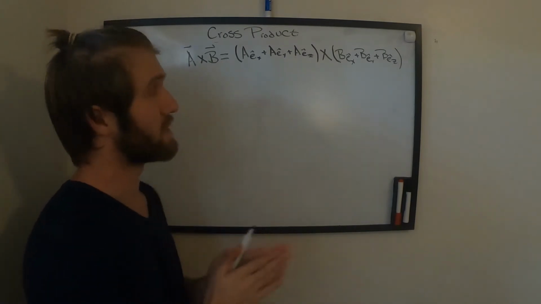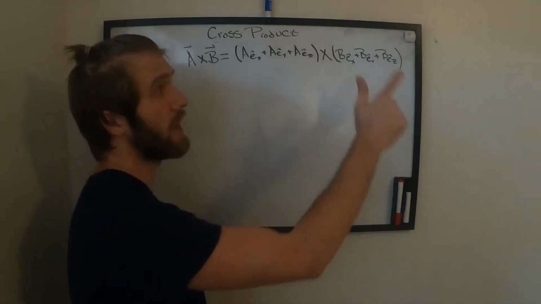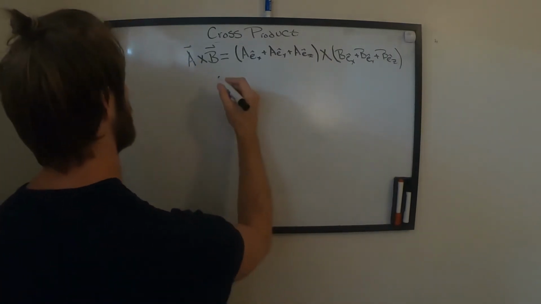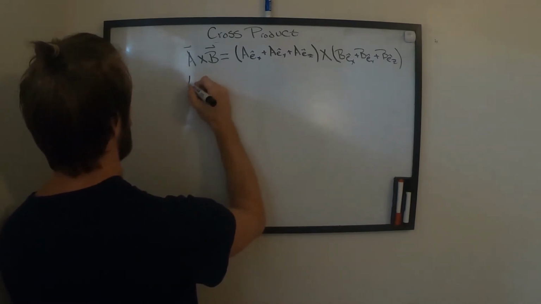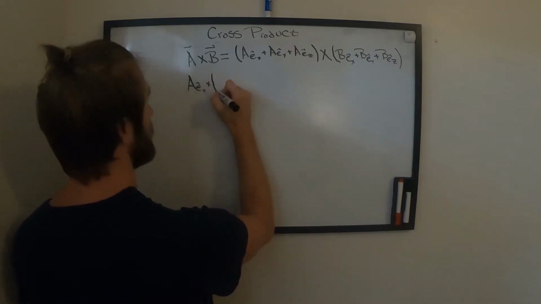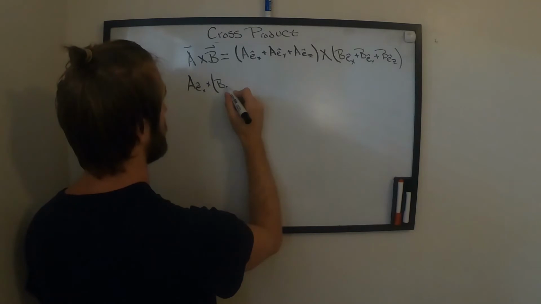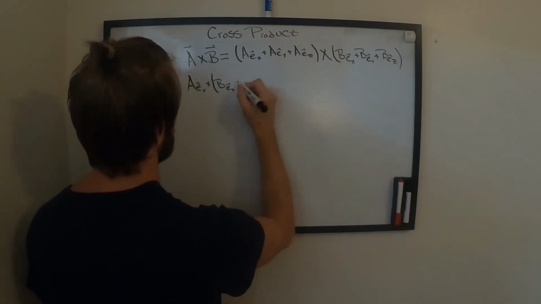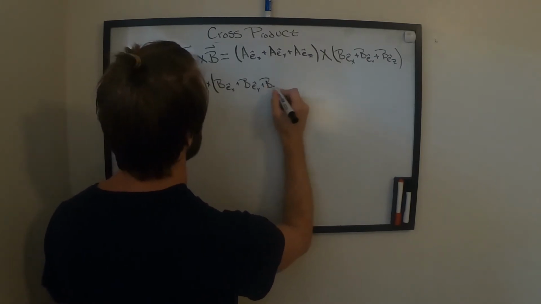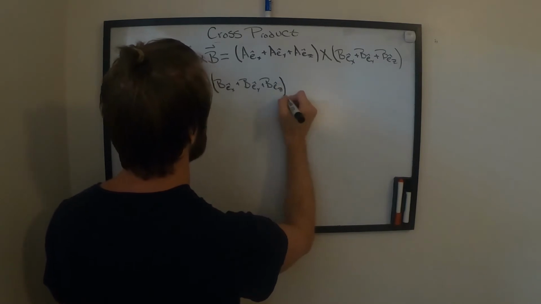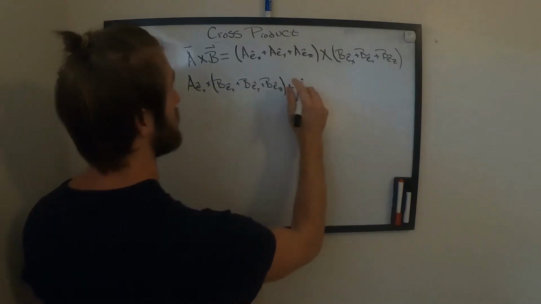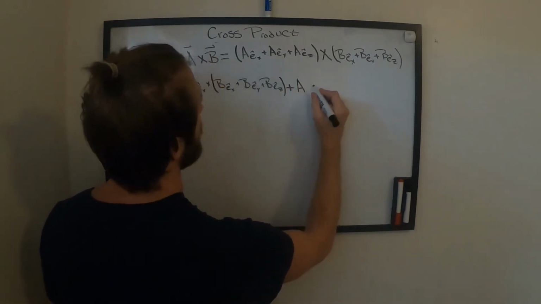What I think is the best way to go about this is to distribute each and every A component into this. So by doing that, we will end up with A e-hat sub x cross, so we're going to have our B components, e-hat sub x plus B e-hat sub y plus B e-hat sub z. Same thing, and we are going to be adding them together here. So this cross that, so distribute this A here. So now A e-hat y